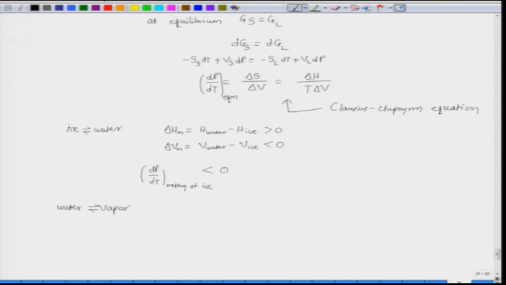You can also consider the water to vapor transformation, or boiling of water. Now, here what will be delta H? Obviously positive, because water converting to vapor, vapor has higher enthalpy. What about delta V? Should also be positive, obviously the vapor has higher molar volume than water, and so dP by dT is greater than 0. So, if we decrease the pressure the equilibrium boiling point should decrease, and that is the reason at higher altitude the boiling point of water